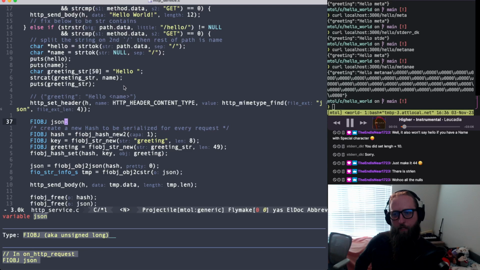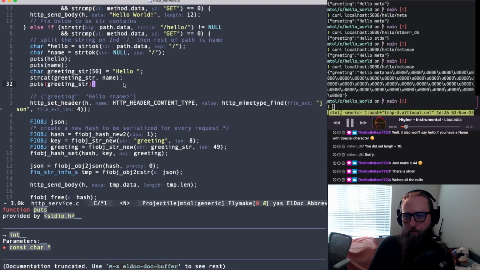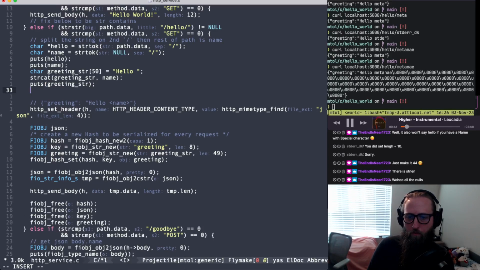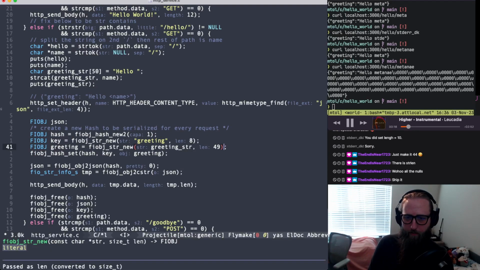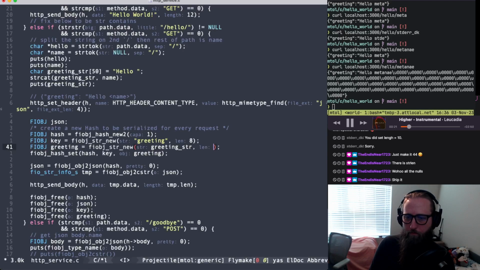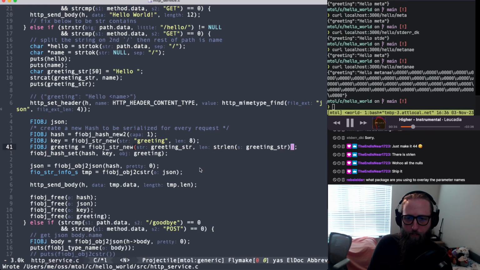Okay, so Sterling, right? Is that what we decided on? Sure. So, oh yeah, we can probably just do it down here. This is absolutely shippable. Sterling greeting stir. Overlaying the parameter names. Oh yeah, so this is